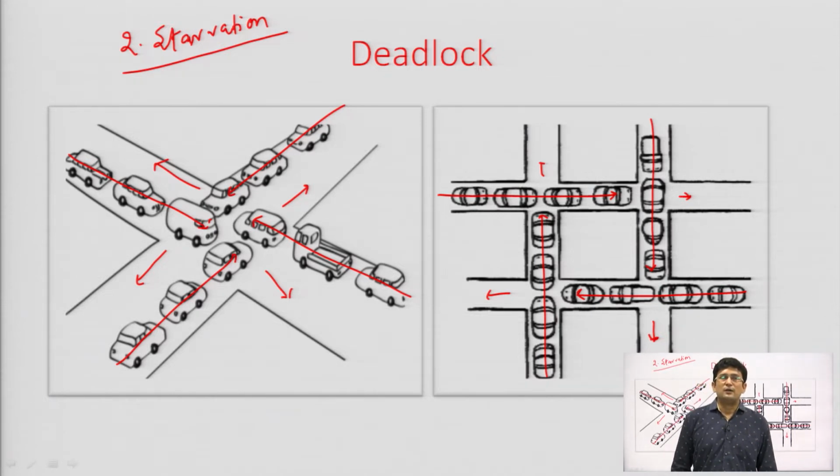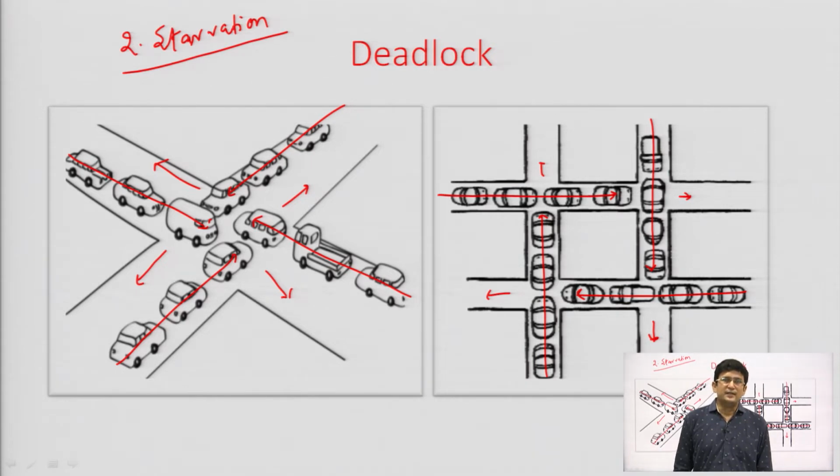But there is also a situation called starvation. For example, when we are dealing with process management, the CPU scheduling algorithm allocates the high priority processes to the CPU first, followed by the low priority processes. So, if the high priority processes are given the chance before the low priority processes, then there will be starvation for the low priority processes, because in the system the high priority processes will keep coming. There are certain mechanisms by which starvation can be resolved, such as the aging method. We have already suggested this: with time you should increase the priority of the process, so that it does not get starved.